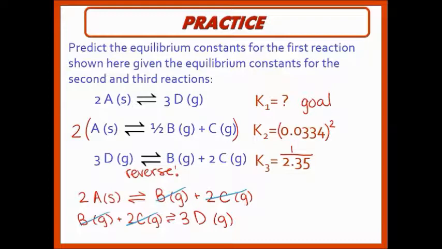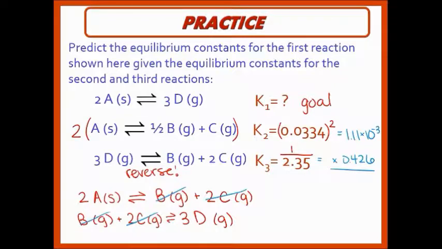So our manipulated equilibrium constant for K2 is 0.0334 squared, which gives us 1.11 times 10 to the negative third. And our manipulated equilibrium constant for the third equation is the inverse of 2.35, which gives us